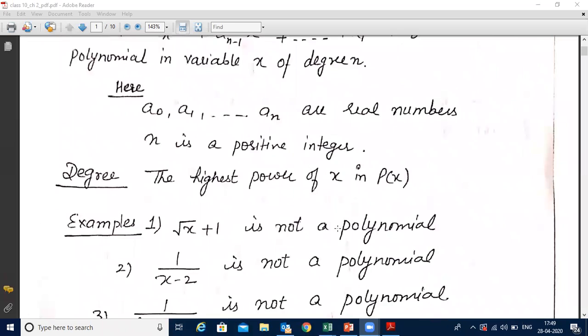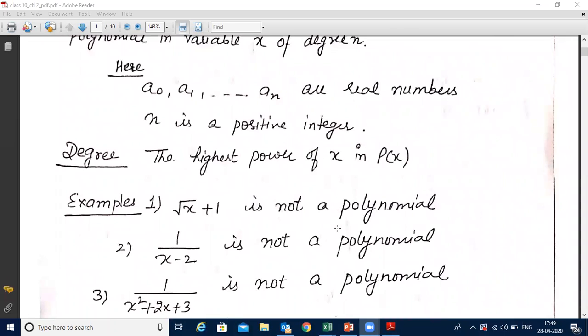Now, if you want to check whether any algebraic expression given to you is a polynomial or not, how will you check it? You will check for every term if it contains the variable and what is the power of the variable. See, in root x plus 1, root x means the power of x is 1 by 2. As I told you, the power must be a positive integer. So 1 by 2 is not an integer, so root x plus 1 is not a